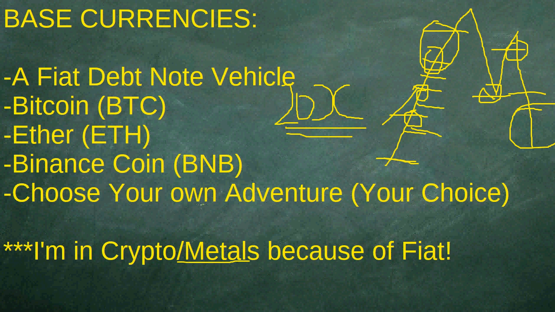So the reason I'm in crypto, and of course metals, is because of fiat. So do I want to hold my base currency and say, okay, I'm worth this many US dollars and trade everything back and forth against the dollar? No, no. If I could do so against silver or gold, then well maybe,